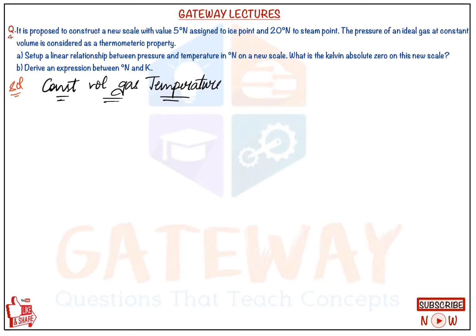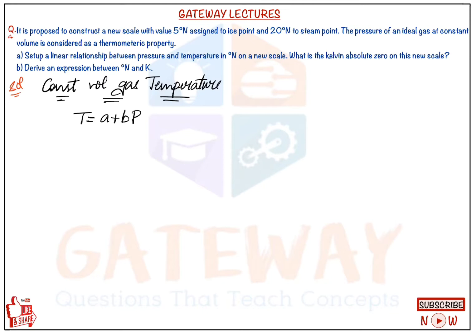The principle of constant volume gas thermometer is that at sufficiently low pressures, the temperature of the gas is directly proportional. Oh no, it's not directly proportional. Temperature of the gas is proportional to the pressure. So the temperature of the gas is proportional to pressure at constant volume, and the pressure should be low pressure possibly. And the gases mostly used will be hydrogen and helium. Here then we will get a relation from that as T is equal to A plus BP, and A and B are proportionality constants. If it is directly proportional, then we'll have only one constant, that is B. But here it is proportional, so we'll be having an extra intercept value also, that is nothing but A.